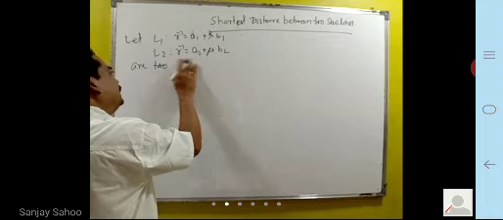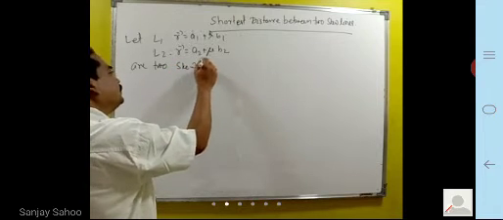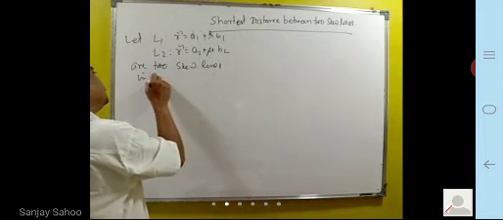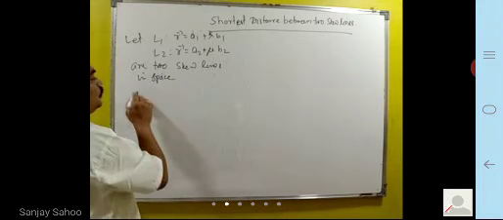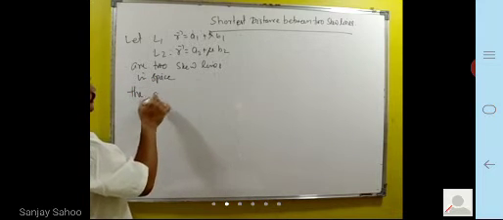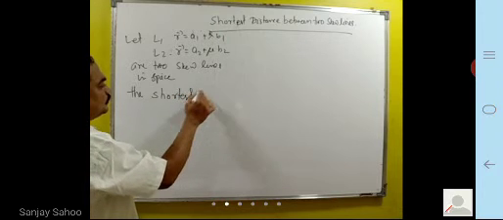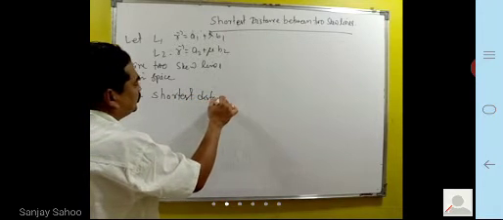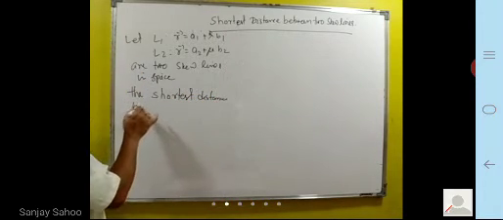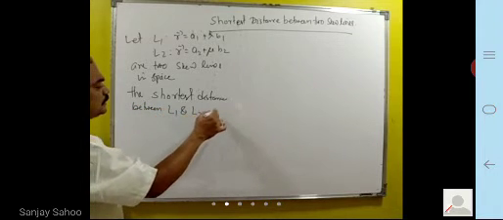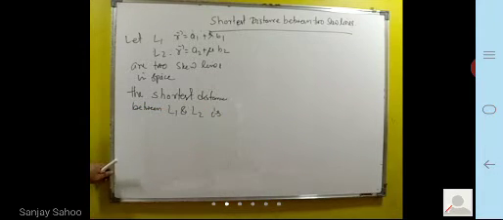You mention it is better, skew lines in space. The shortest distance between L1 and L2 is